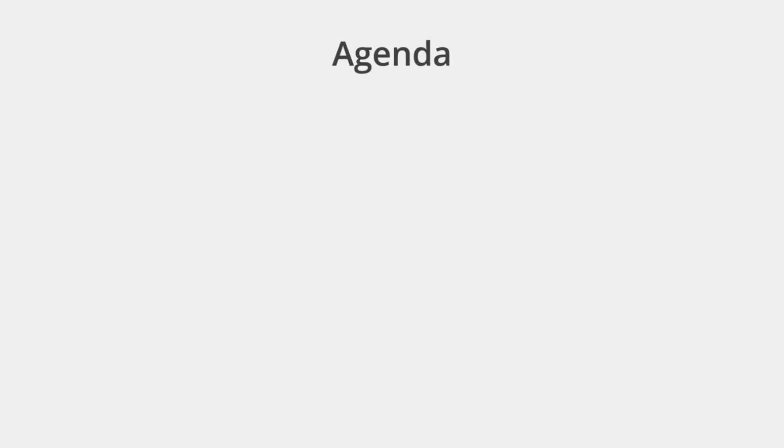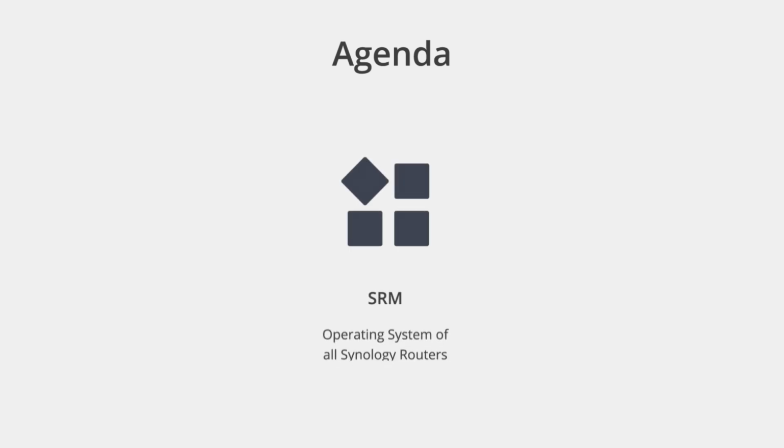So we're going to take a closer look at Synology Router Manager 1.3 and the different software that is included with the platform. While the RT6600AX router is a great solution with a quad-core processor and support for the latest Wi-Fi 6 standard, it is SRM 1.3, this new version that is behind all of the improvements to the Synology Router ecosystem. So we're going to start off by taking an introductory look at Synology Router Manager, or SRM, which is the operating system of all of our Synology routers across the board.